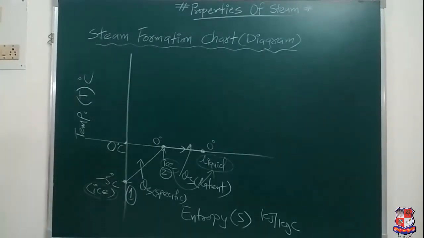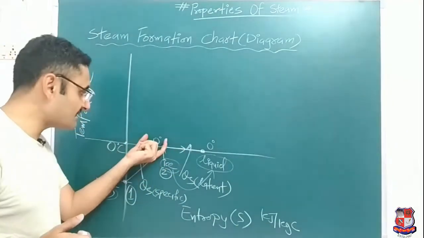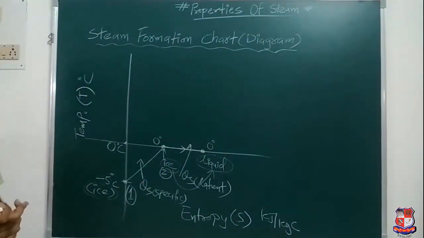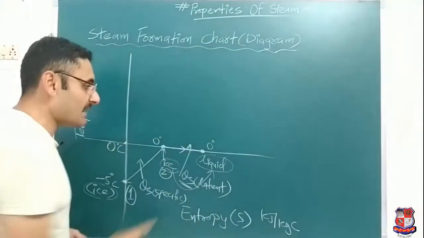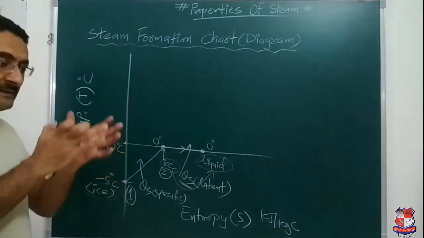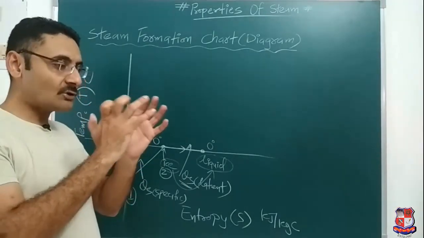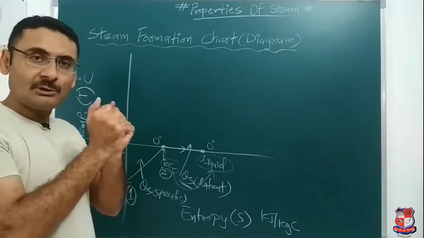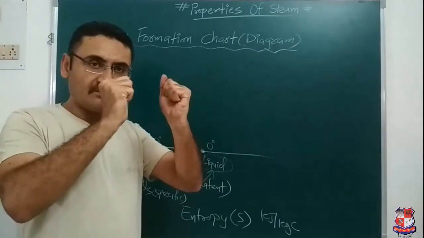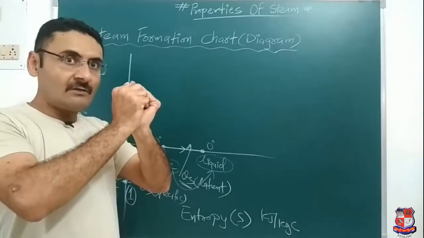Now a question may arise that latent heat will not increase the temperature, because on the diagram you can see that at 0 degree centigrade, heat is supplied, the phase is changed, but the temperature stays at 0 degree centigrade. So whatever heat you are supplying is not increasing the temperature, but is used in breaking the bonds. For example, take a solid. In a solid, the bonding between two molecules is very strong. So that heat will break the bonds present between two molecules. If the bonds are broken, only then will the solid convert into a liquid.